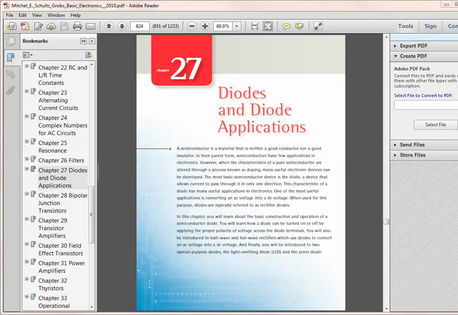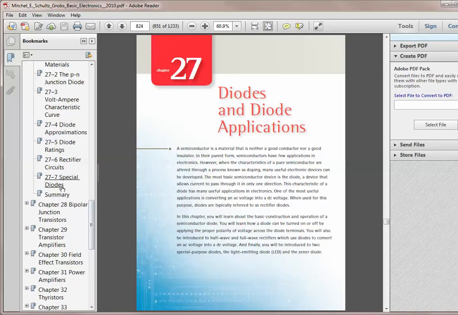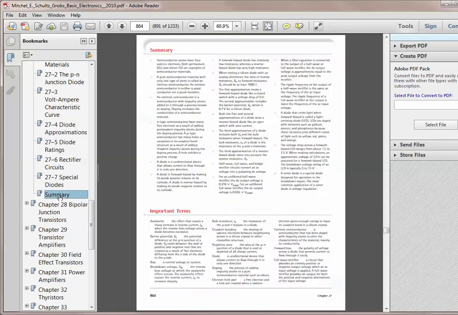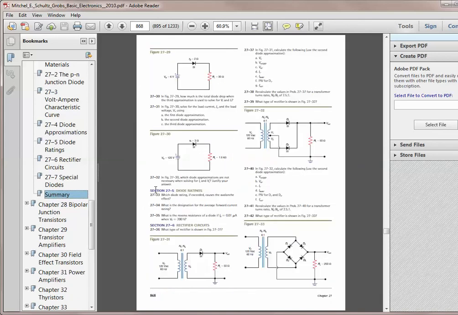Alright, so we're going to be looking at chapter 27 today, which is diodes and diode applications. And we're going to go into some of our math problems here. We've already been discussing some of the various things about